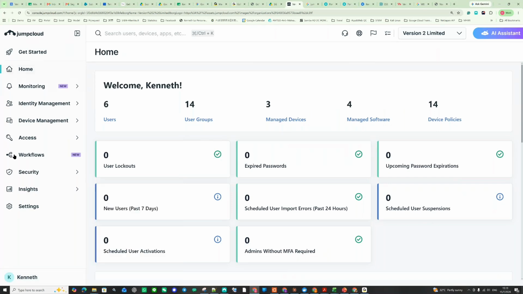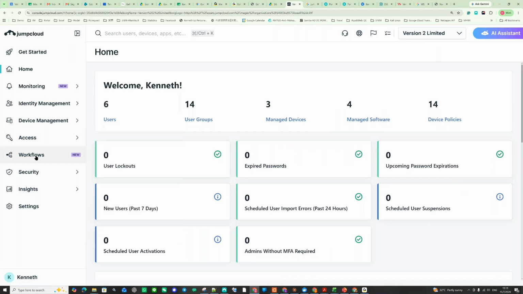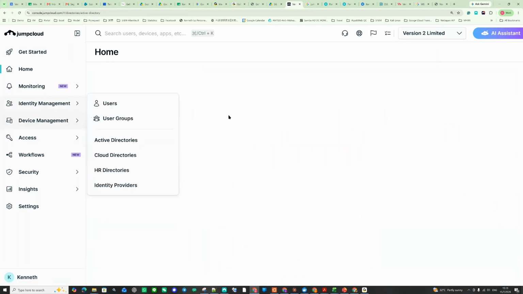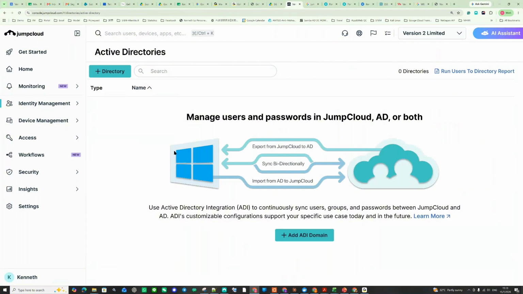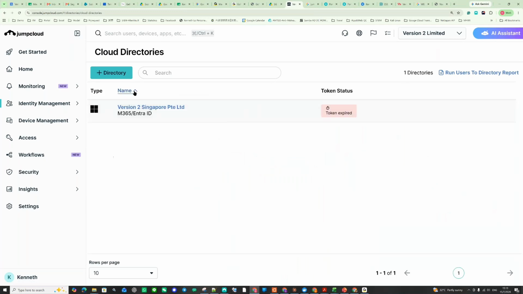So before we start, we need some credentials, right? So let's see, identity. Yeah, so as I said, you can integrate a few different backends. So you can integrate AD, and also you can integrate some cloud credentials.